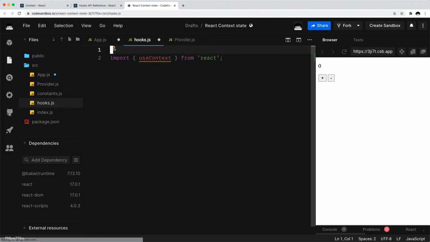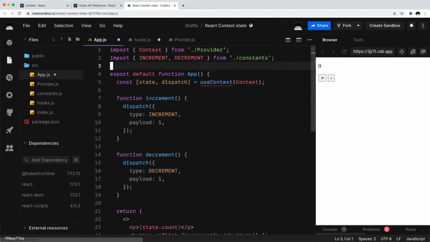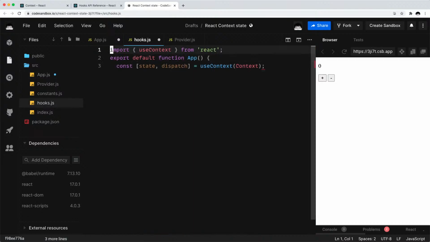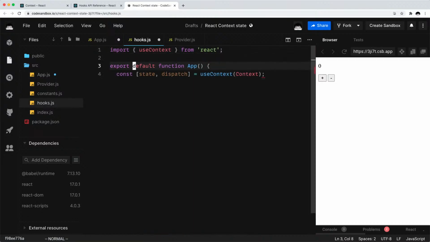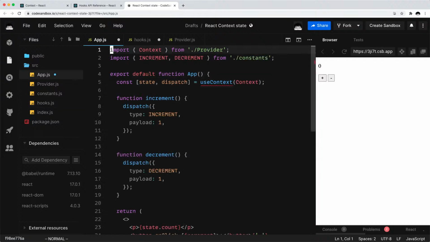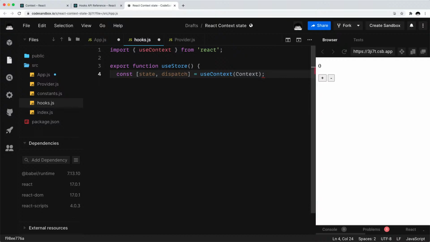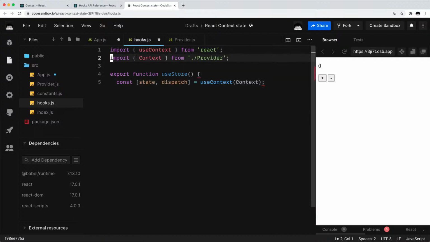copy this. And then let me also copy this. Cool. Here, what we want to do is export a function. Let's call it useStore. And then we have our useContext with our context. So we also want to grab our context over here, just like that. And then